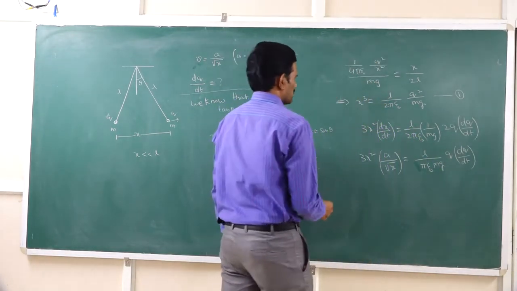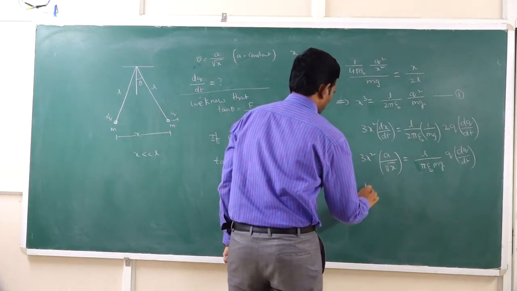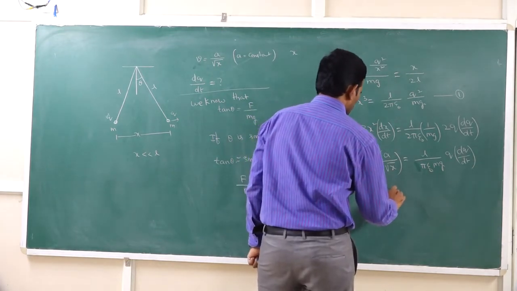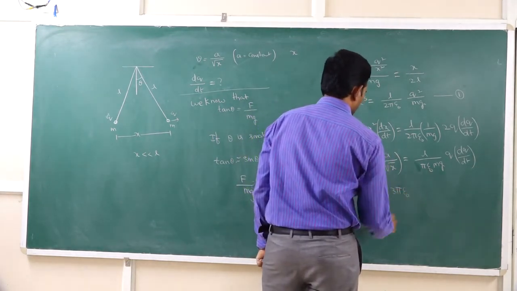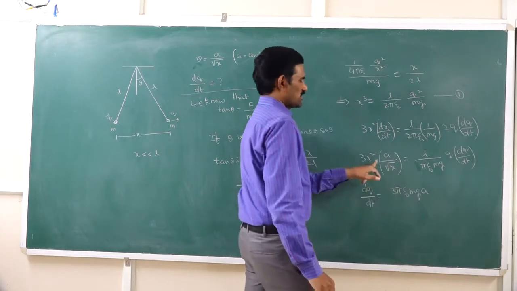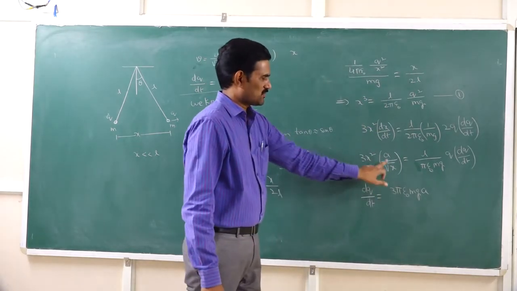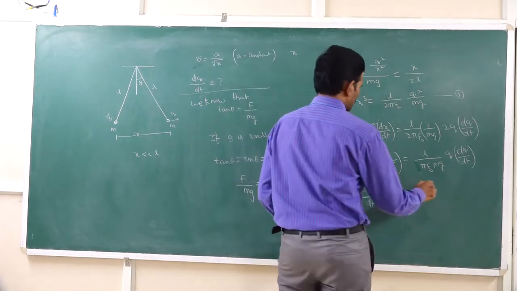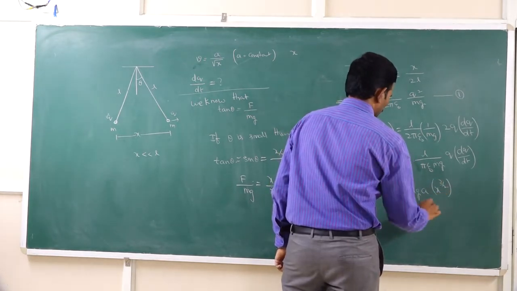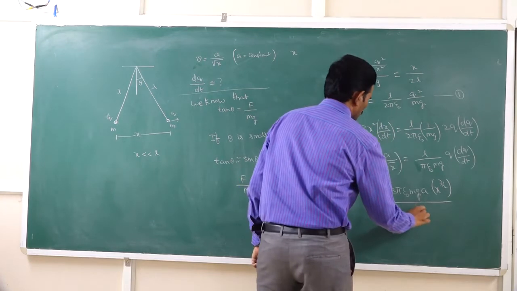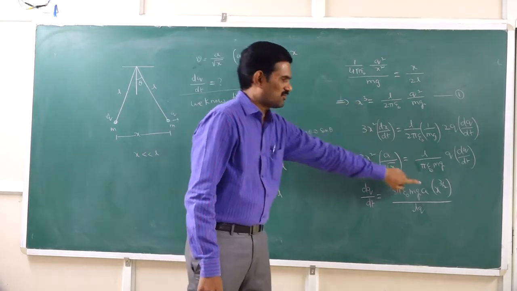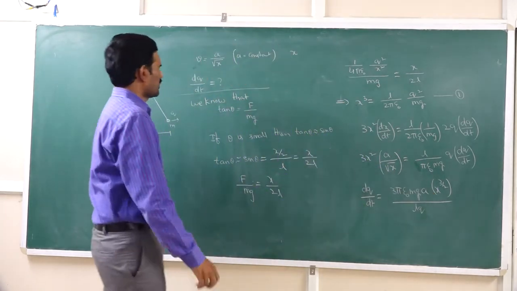Now let us write these expressions here, then I can substitute this dq by dt is equal to 3 pi epsilon naught mg into a, and now this x value we can simplify here. Here x square is there and this value will become x power 1 by 2 minus 1 by 2. And so finally it is 3 by x power 3 by 2 you can write. By this value will be L into Q. Now x value you can substitute by using this first equation here. Substitute this x value by using the first equation. Then you will get our dq by dt value.